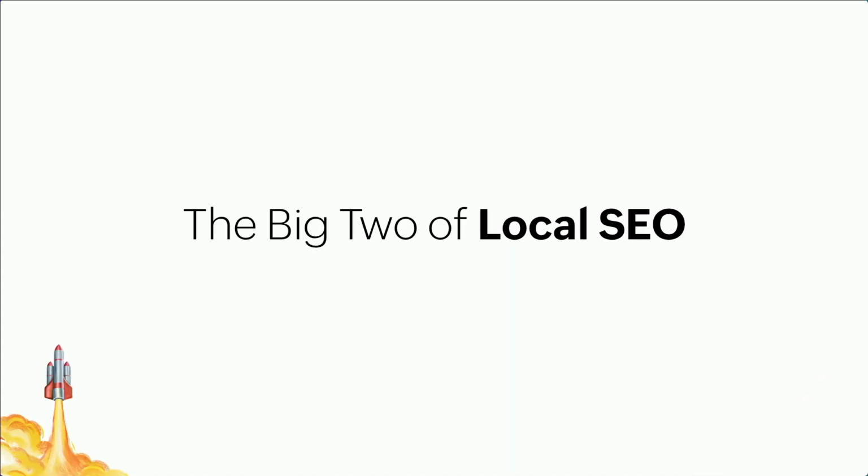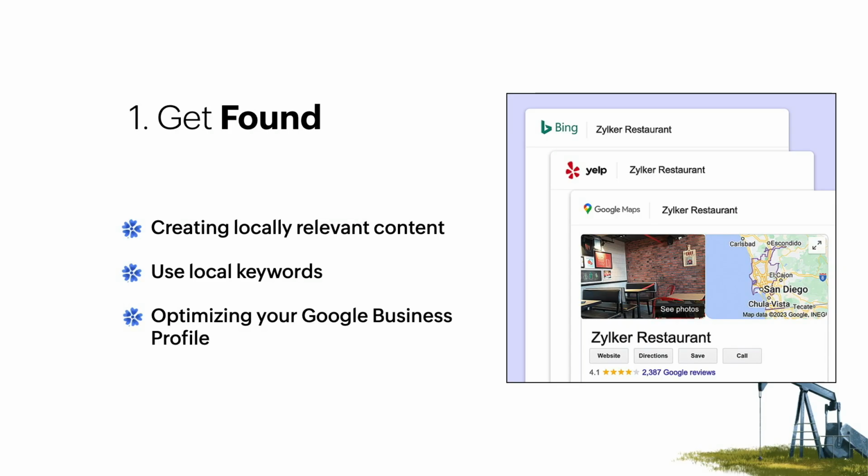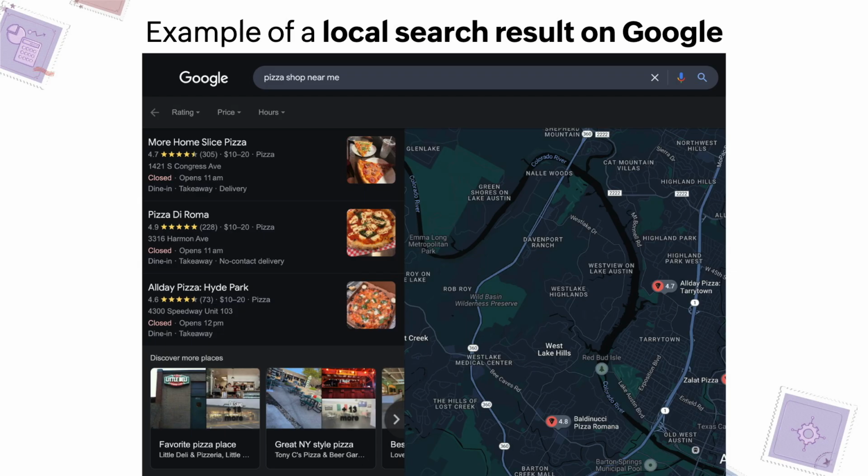There are two big things in local SEO. One is getting found. Today, I was very hungry and I went to Google and asked for a pizza shop near me. There is a list of businesses suggested for me to go to. This is how the search looks. Do you notice something different? Whatever business has the name pizza, that is the primary keyword. You can see all the business information. So make sure that you update your business information with the primary category.